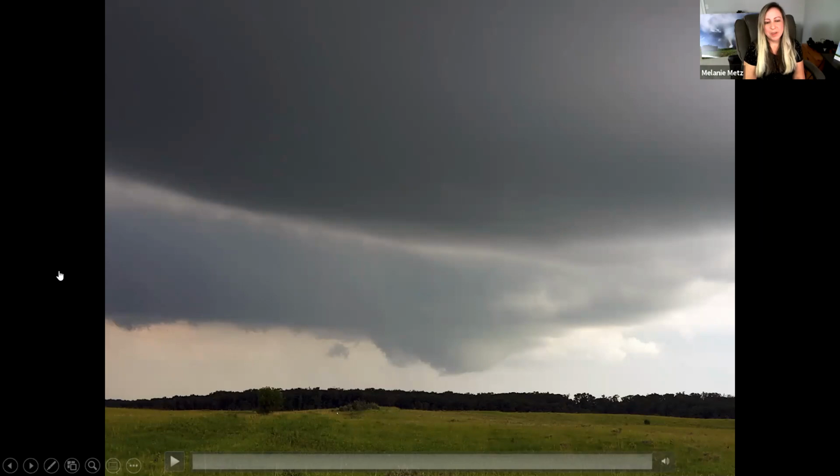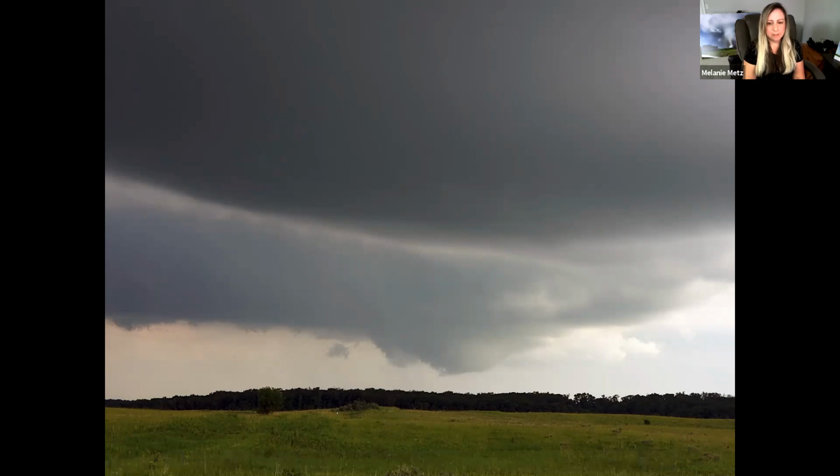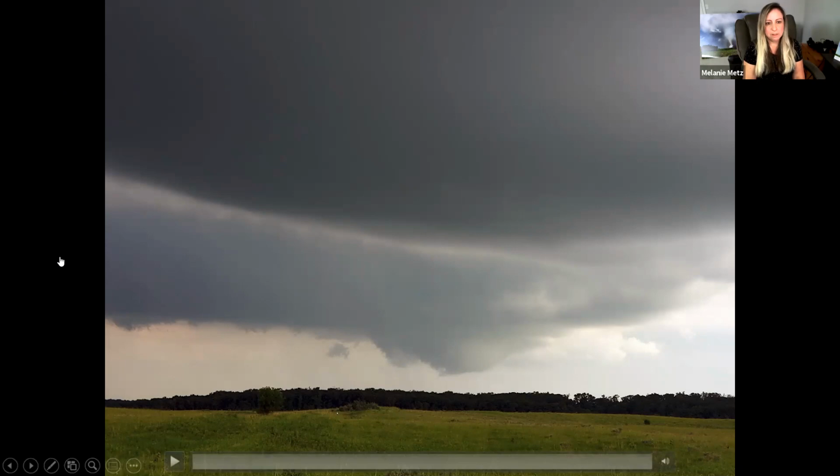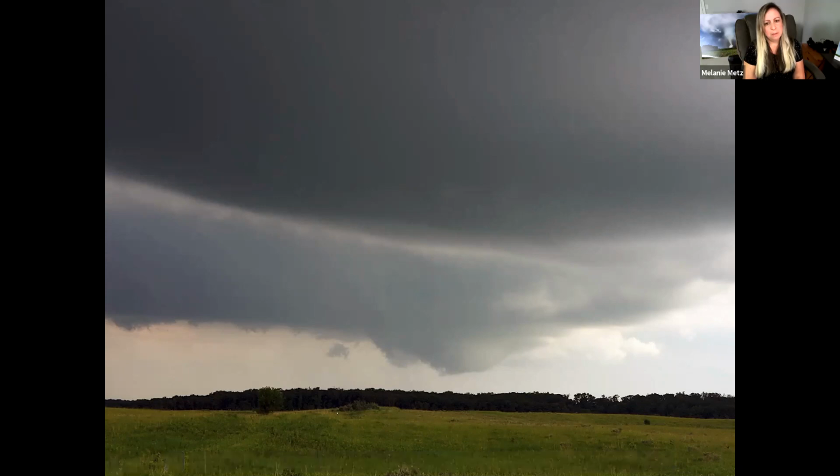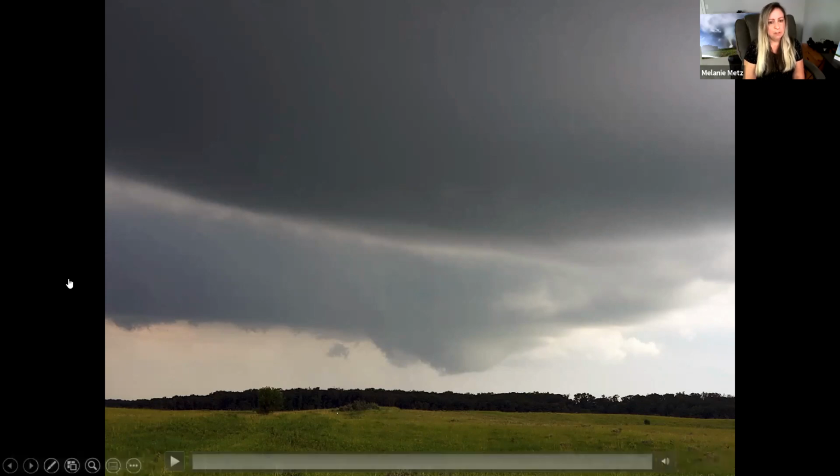All right, so as far as positioning, while I was chasing this storm with Brad, it's always interesting how we end up positioning on storms. Oftentimes we want to be on the south, somewhat east side, depending on the motion of the storm. You don't want to be directly in the path of the potential tornado or the mesocyclone, but you do want a good view of it. So oftentimes on the backside, you've got rain wrapping around and you're not able to see into that mesocyclone.